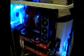So that's basically my system. I'm doing this video because this is all air cooled, but in the future, probably in a couple of weeks, I'm going all liquid cooled. I'm going to put a big water 745 in here, so I should be able to overclock a little bit more. I'm going to liquid cool my VGA cards as well, which will keep them a lot cooler. Yeah, so